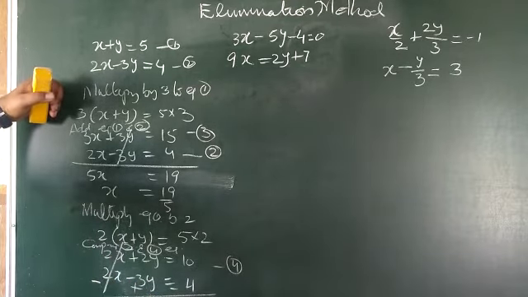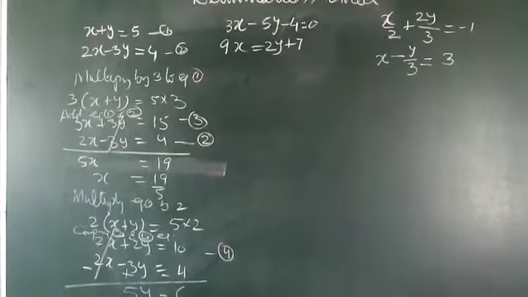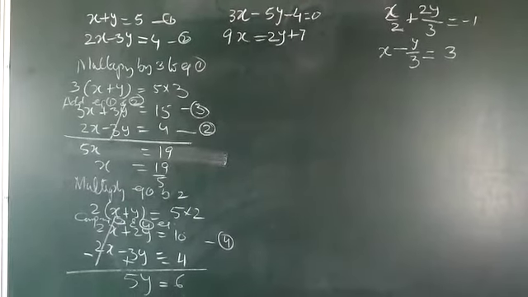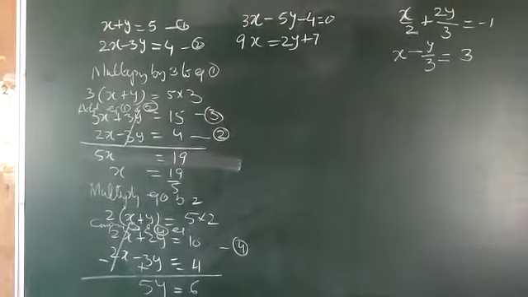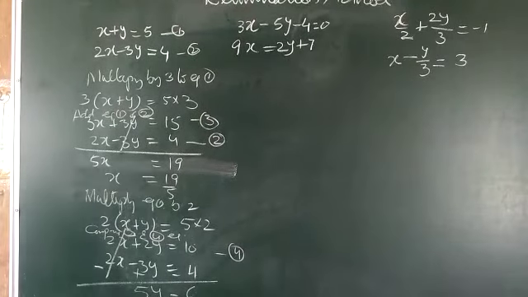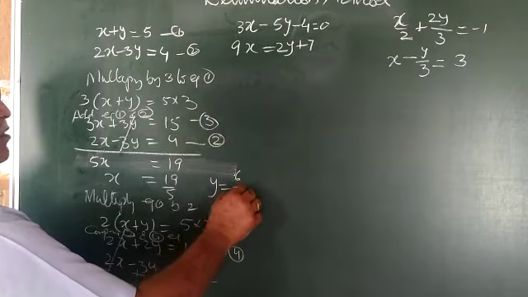It will be eliminated, and here this plus 2y becomes plus 3y, so it is 5y is equal to 10 minus 4, because the sign changed, it is 6. 5y is equal to 6. You can see 5y is equal to 6. So when 5y is equal to 6, we will say y is equal to 6 upon 5.